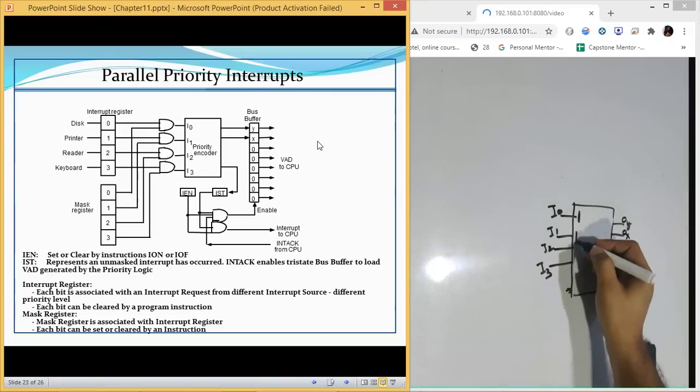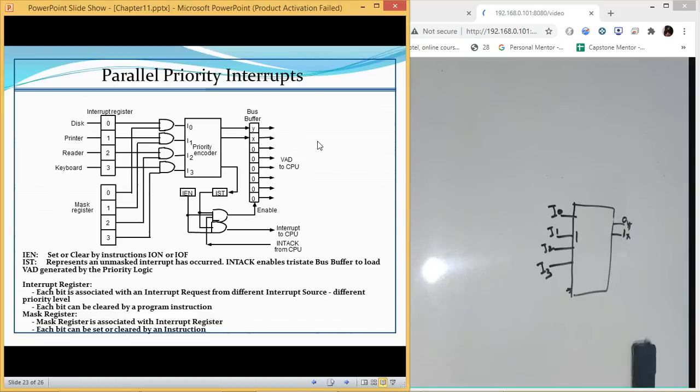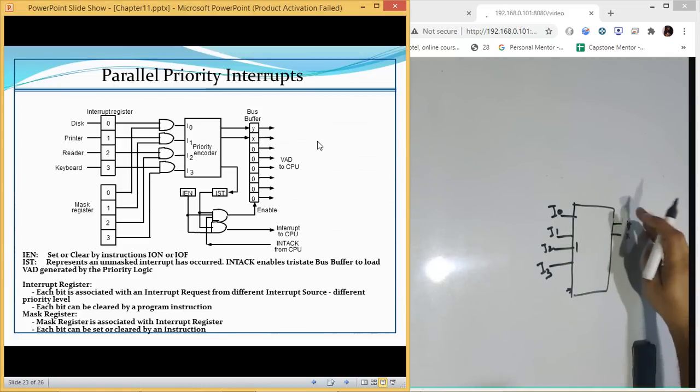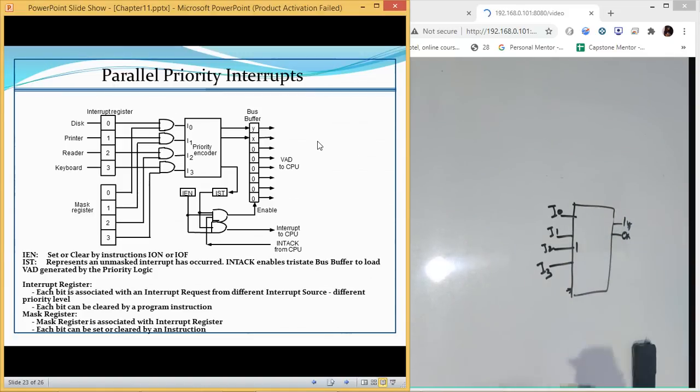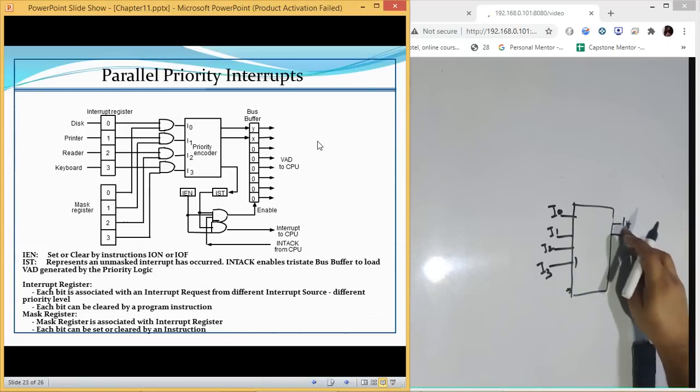If this value is 1, then the value which we are going to load will be 1 0. If it is the third value which is 1, then it will be 0 1. If the fourth value is 1, then it will be 1 1.